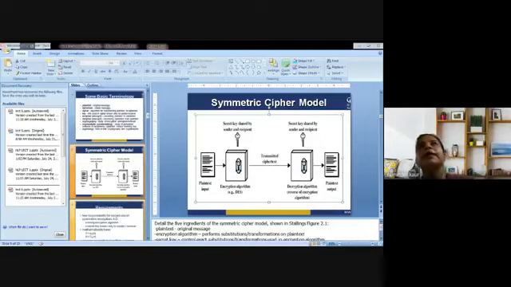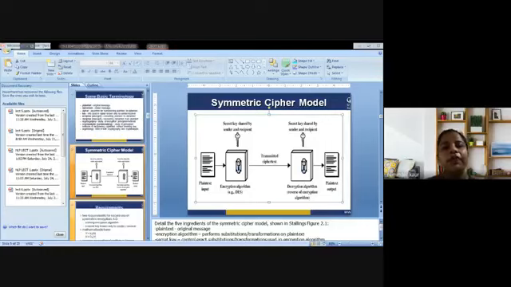So there are certain types of symmetric key ciphers that we are going to use. What are those? Symmetric key encryption can use either a stream cipher or a block cipher. A stream cipher, as the name implies, is a symmetric key cipher where plain text digits are combined with a pseudo-random cipher digit stream, that is, a key stream. In a stream cipher, each plain text digit is encrypted one at a time with the corresponding digit of the key stream to give digits of the ciphertext stream.